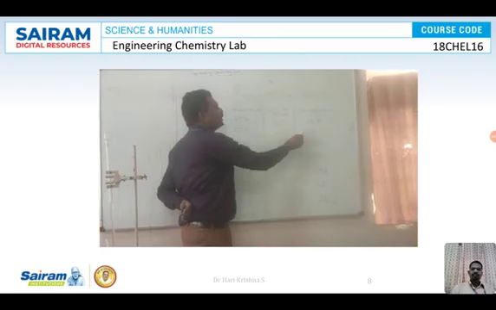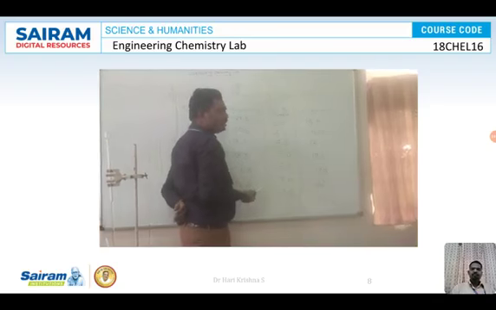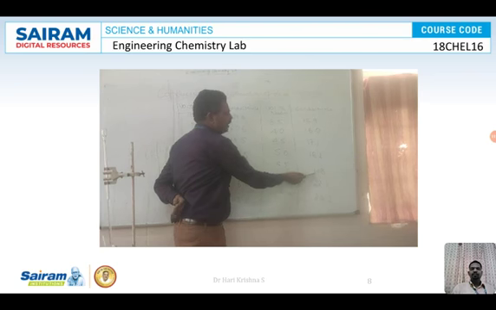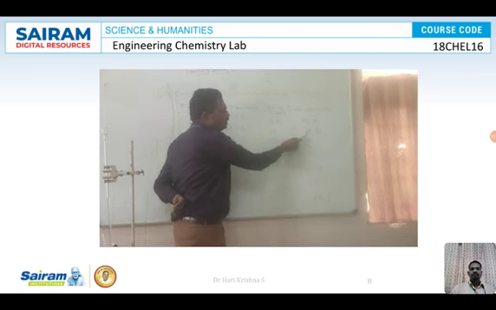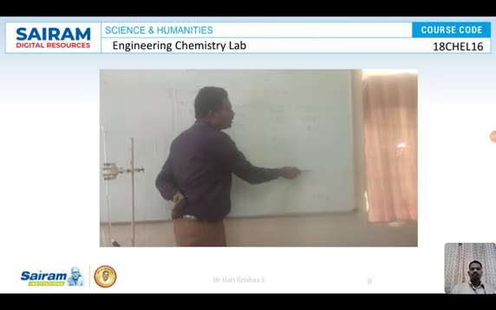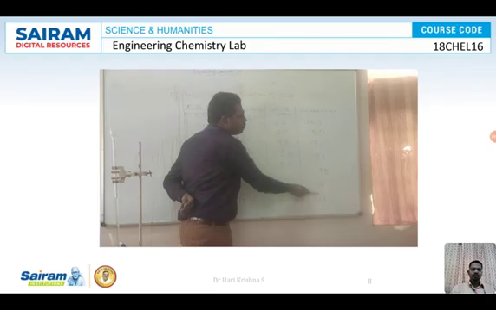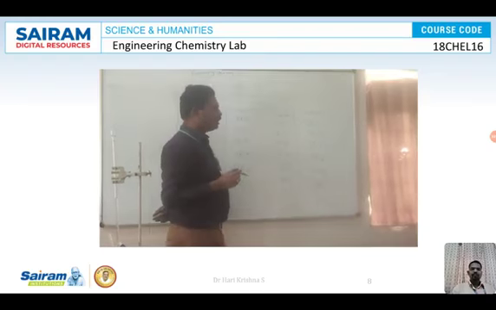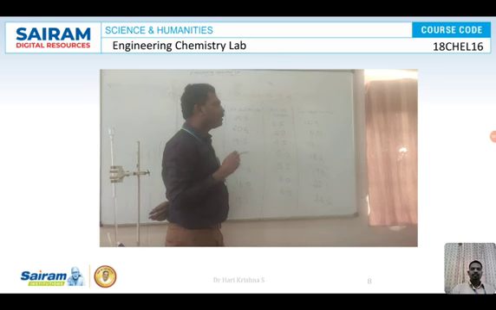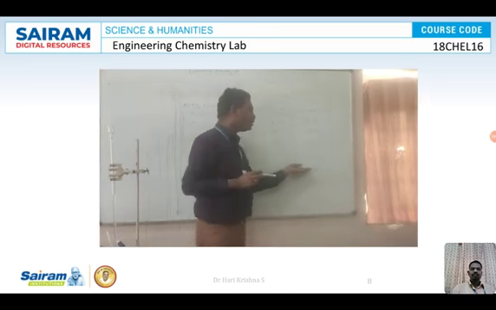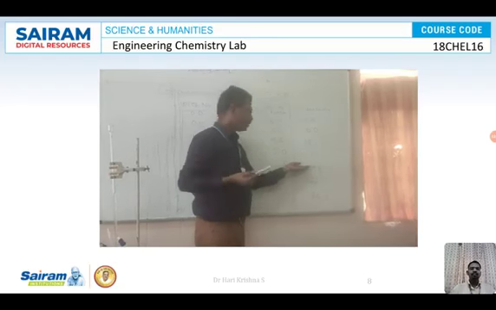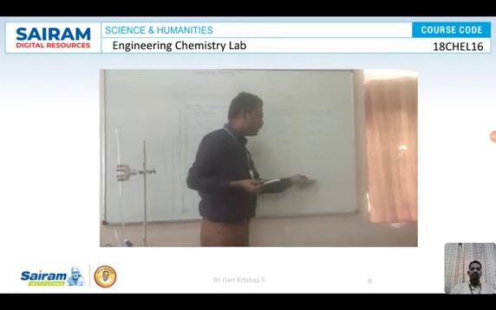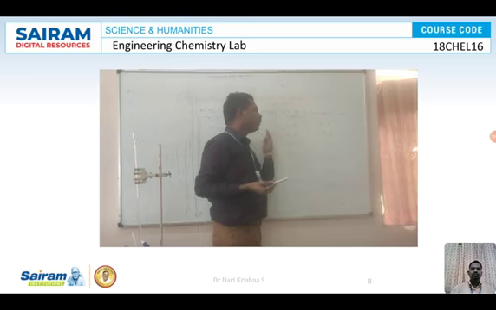When both HCl and acetic acid are neutralized, the conductance increases rapidly. You can see here it was increasing by 1.0 each time, but now it increases by more than 1.0. This is because of the increasing concentration of OH minus ions, since conductance is directly proportional to the mobility of ions. As the concentration of OH minus ions increases, conductance also increases. Therefore, there is a rapid increase in conductance once both the acids are neutralized.